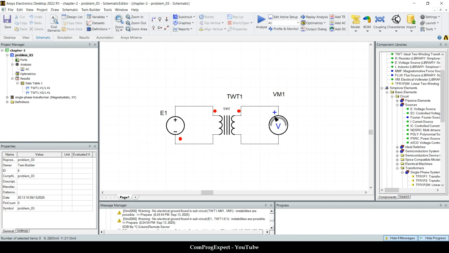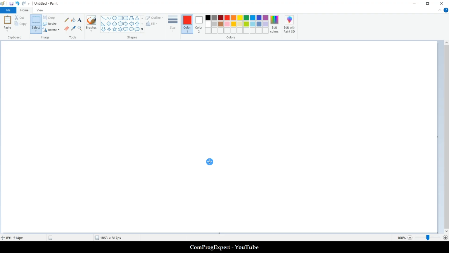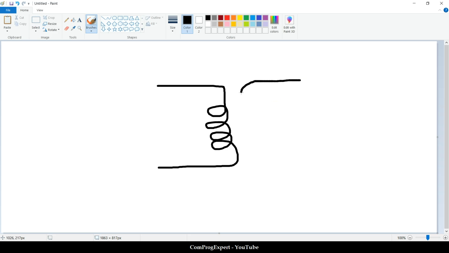Okay, this ideal transformer, and add these two elements. So we have this ideal transformer,